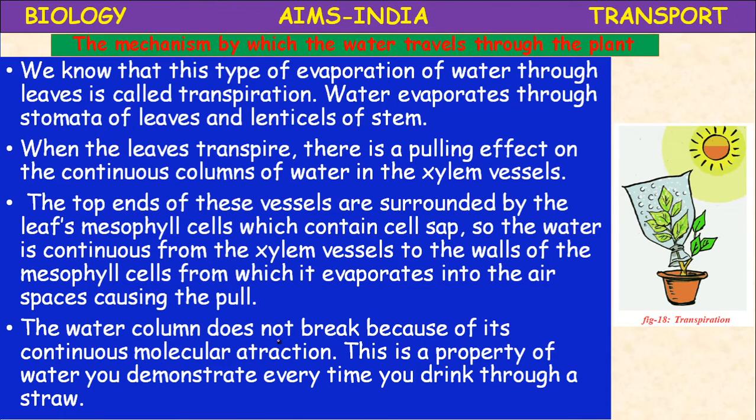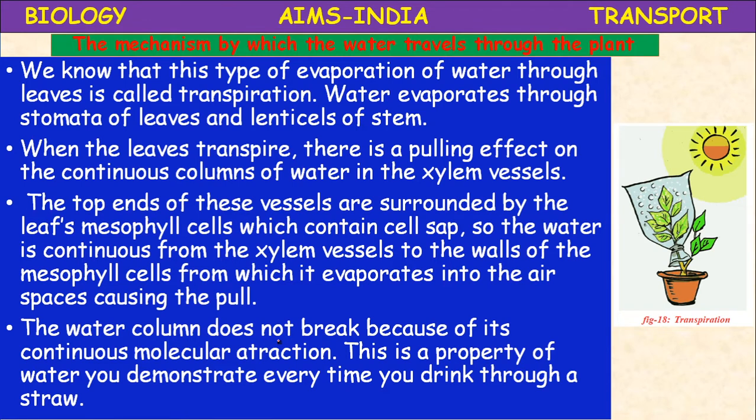So here in the previous experiment the water level is increased. What is the role of xylem in this action? The xylem vessels transport the water from the roots to the upper parts of the plant. The difference between M2 and M1 indicates the level of water raised in the stem. Because of the root pressure, the water level increases in the tube. That is the conclusion. Then the mechanism by which the water travels through the plants.